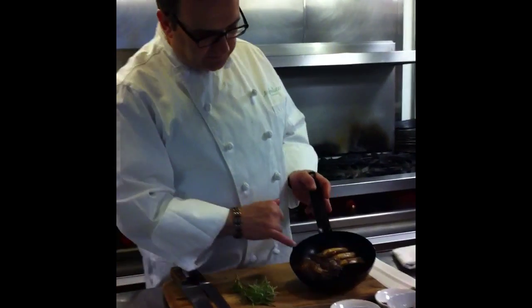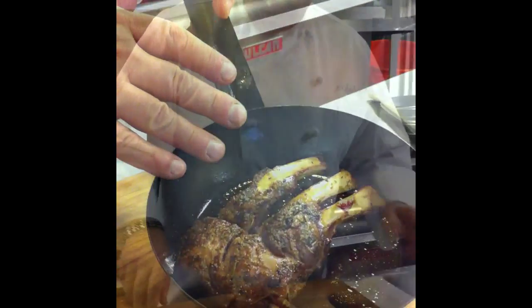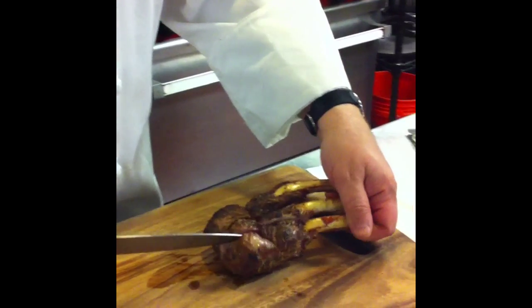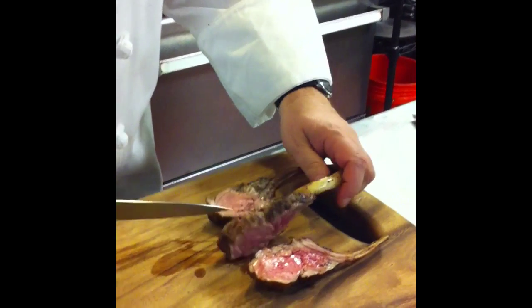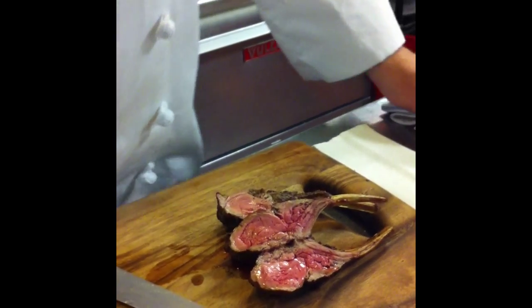So here's the rack of the boar. It's had its time in the oven, and it's rested. It's rested a good 10 minutes or so. And we're going to slice right down, follow the bone with the knife. Get nice chops there. See how the juice is there, and it's all nice and rosy pink all the way through. You take a plate here,